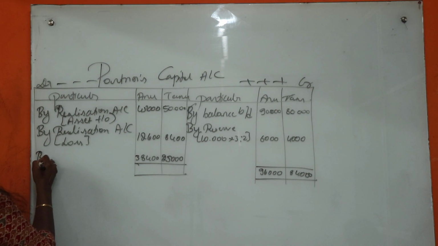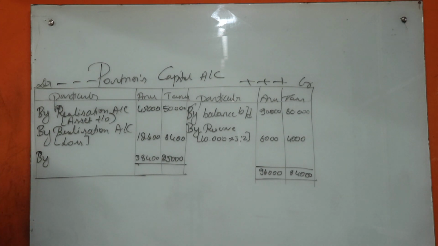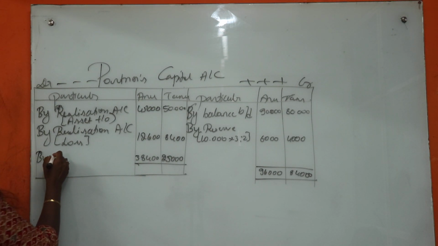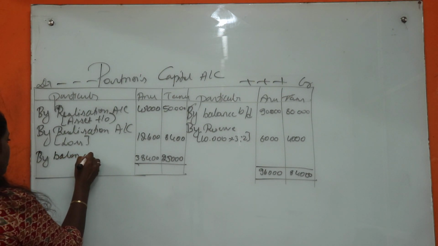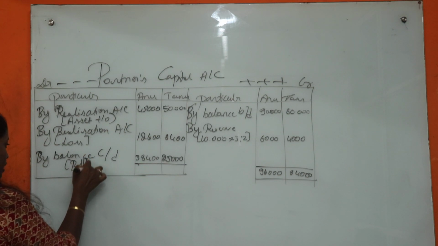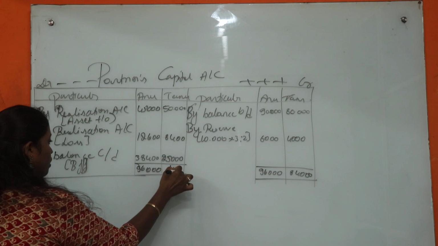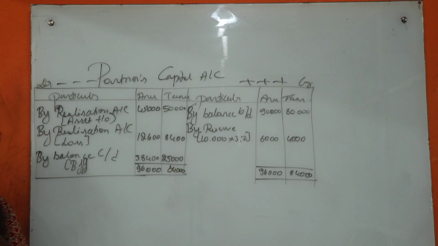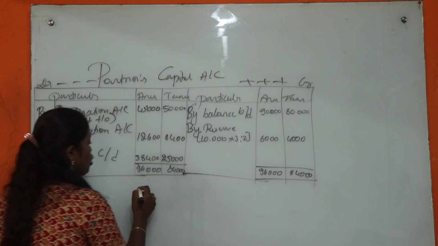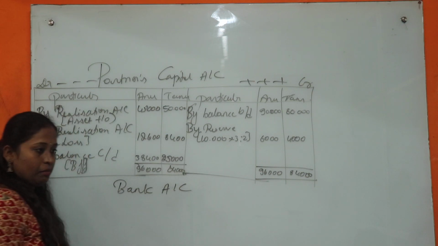This is the remaining balance the company needs to settle for the partners, the balance carried down. Remember, it's a balancing figure. Okay, balancing figure 96,000, 84,000. Finally, we will prepare the bank account. Remember, we don't prepare a balance sheet in this case. The reason is there is no asset or liability.